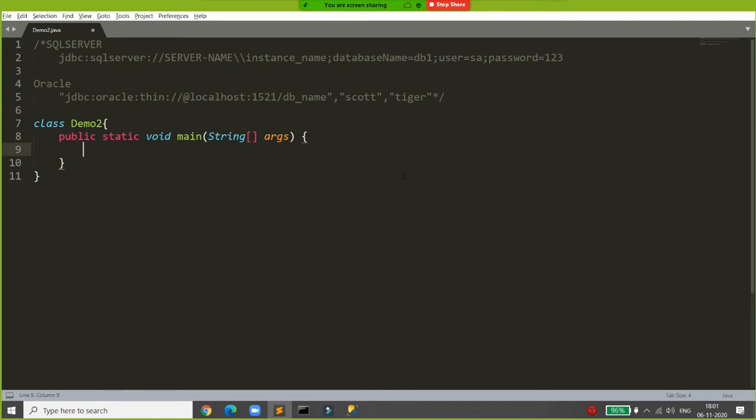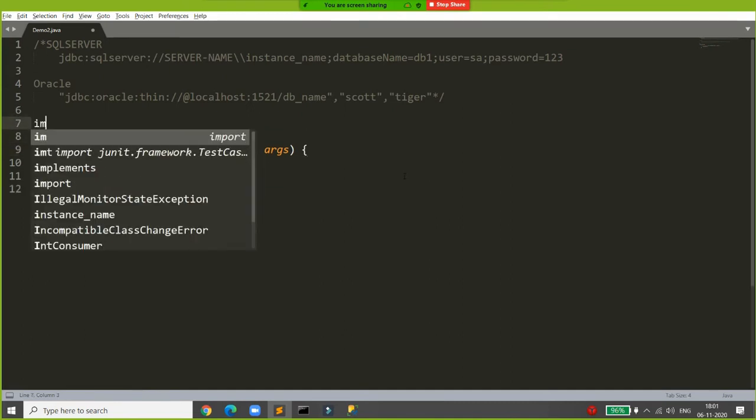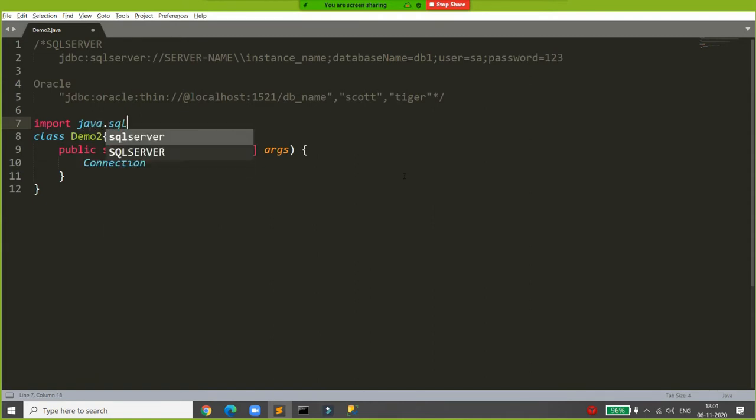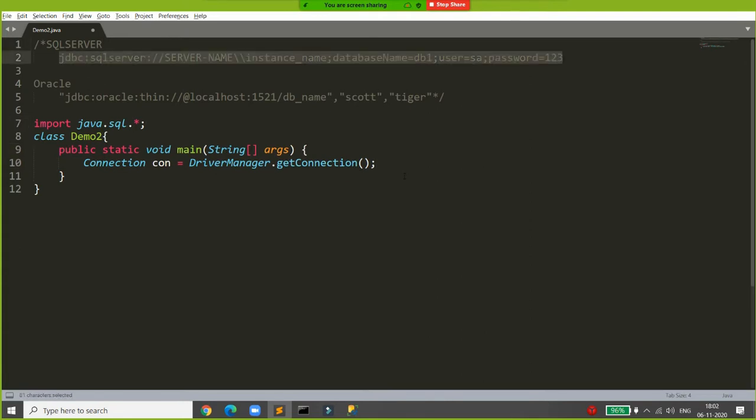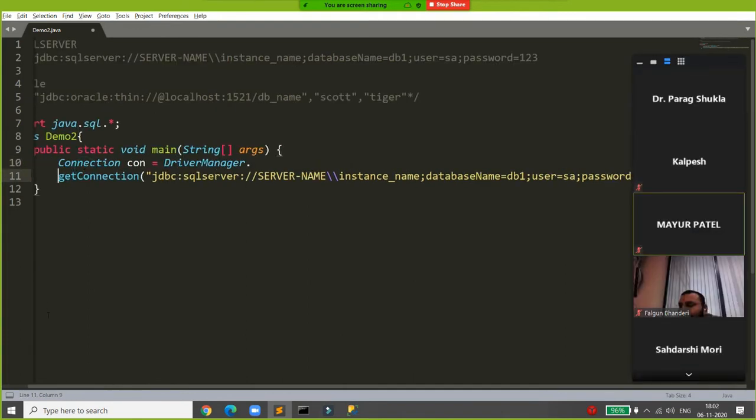So I'm writing Connection, which is the interface required and is available in the package java.sql. Connection con is equal to DriverManager.getConnection. In the getConnection function, you need to pass this particular string. So I'm passing this string. Whenever you call getConnection,